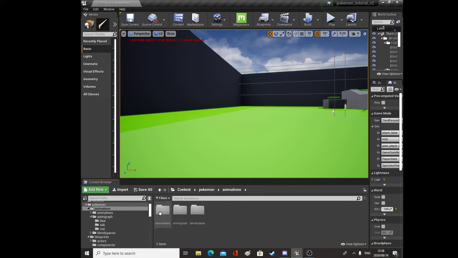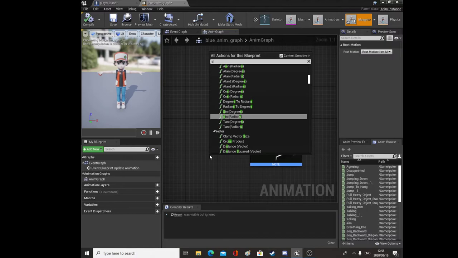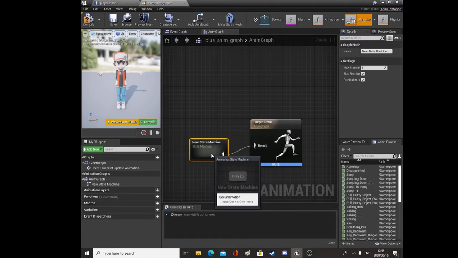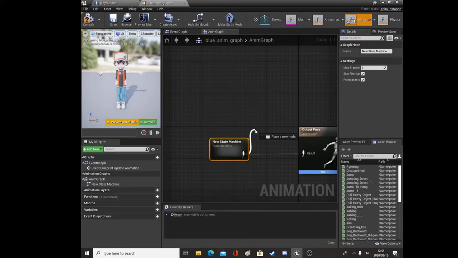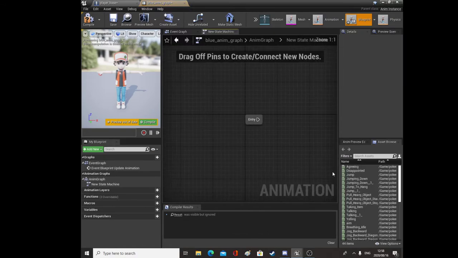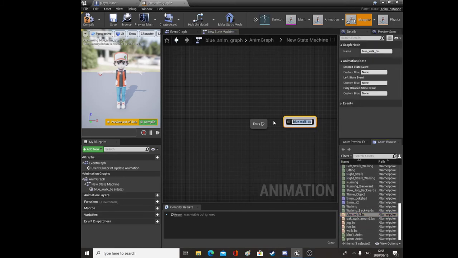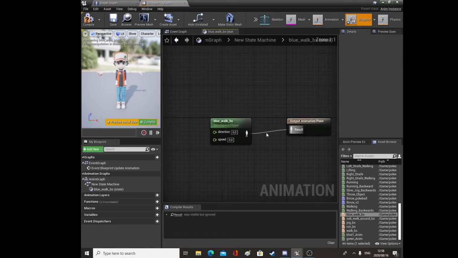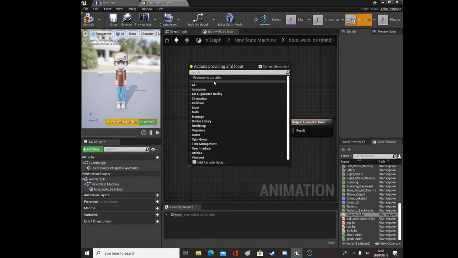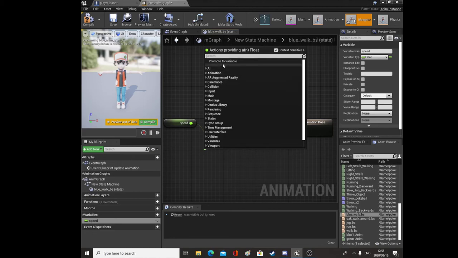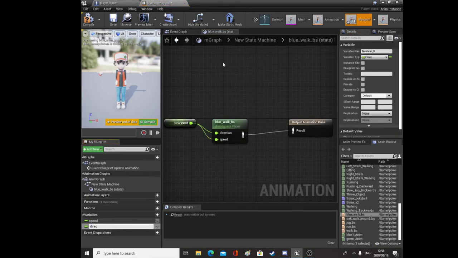So open up Blue's animation graph, and we'll add a state machine, and we'll just add it to a default slot, and then plug it into the result, and open up the state machine, and we'll get our Blue's walk BS, plug that in, and promote speed to a variable, call this Speed, and we'll do the same with direction, so promote to variable, and we'll call this Direction,